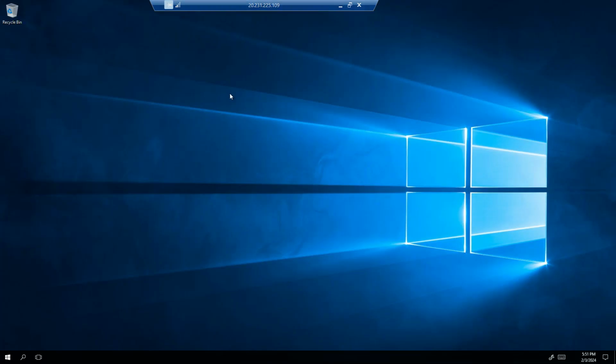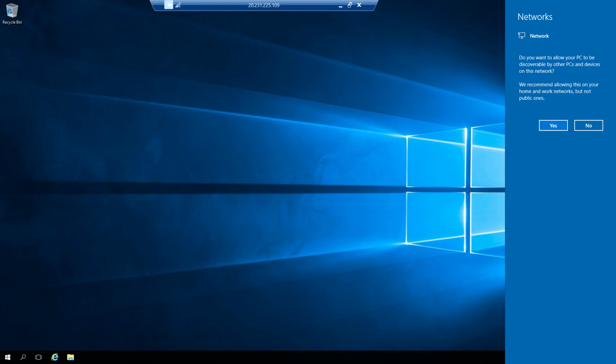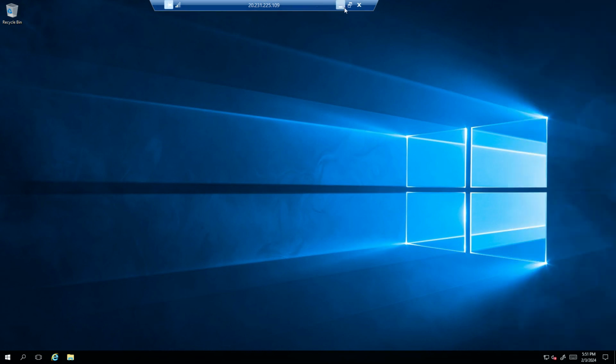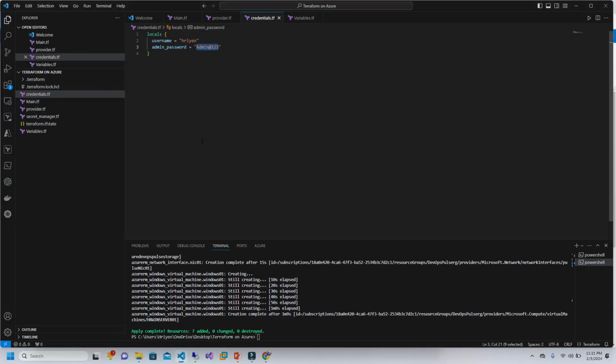All right. So as you can see now, I have logged into the server, and you can see the screen as well. So I have logged in successfully. Basically, our infrastructure is being deployed in our Azure cloud, and we can access the server as well. Okay. So now what we need to understand is that if you want to give some tags, basically one more thing,